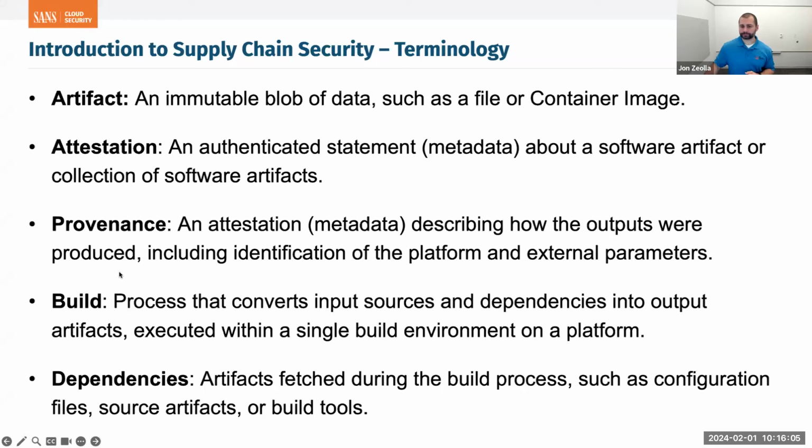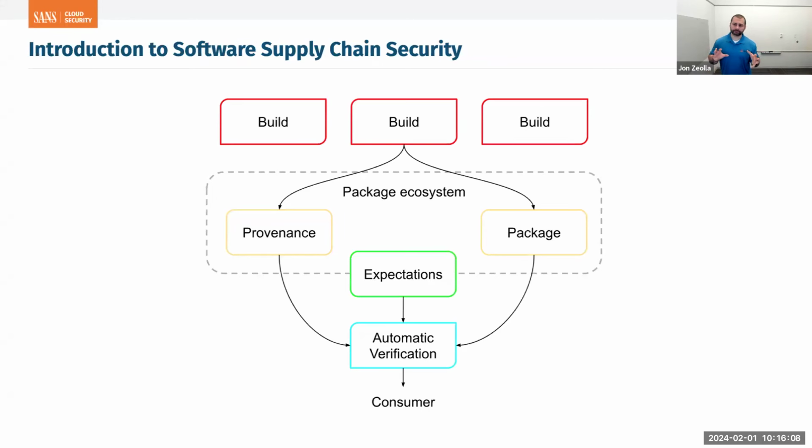Okay. And so just to bring things together a bit here, here's another diagram of during that build process, we are making from source code some artifacts. Here we've got multiple different types of artifacts. From one build system, from one set of code, we're creating a package. Let's just say it's a container image, but we also are creating provenance, right? So while I was building it, we had a scribe off to the side, holding all of the metadata, writing all the information about what happened, storing that in a provenance attestation, and then storing that right next to the package. So in this case, we said it's going to be a container image.